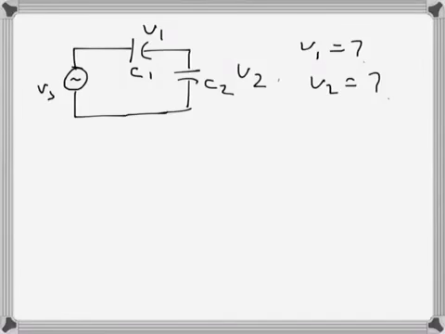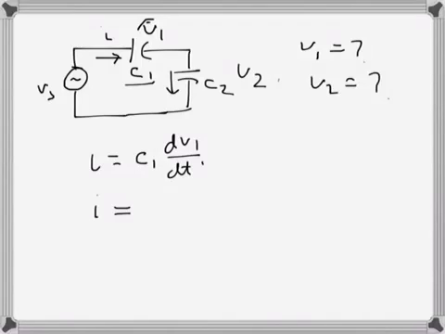I have to find V1 and V2 in terms of Vs and C1, C2. So if I assign the current I in this series circuit, you can say the current through capacitor C1 is I = C1 dV1/dt. Similarly, the current through the same current actually through the capacitor C2,